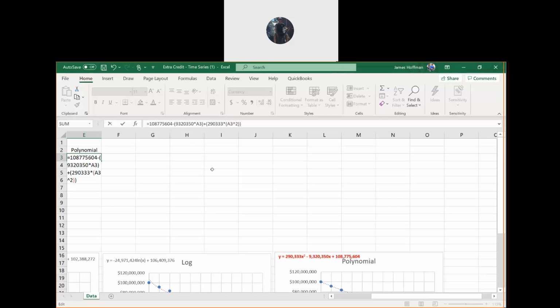Okay, so it's the same exact equation you can see there in red in the polynomial box. All right, so I'll leave that up there for a second.